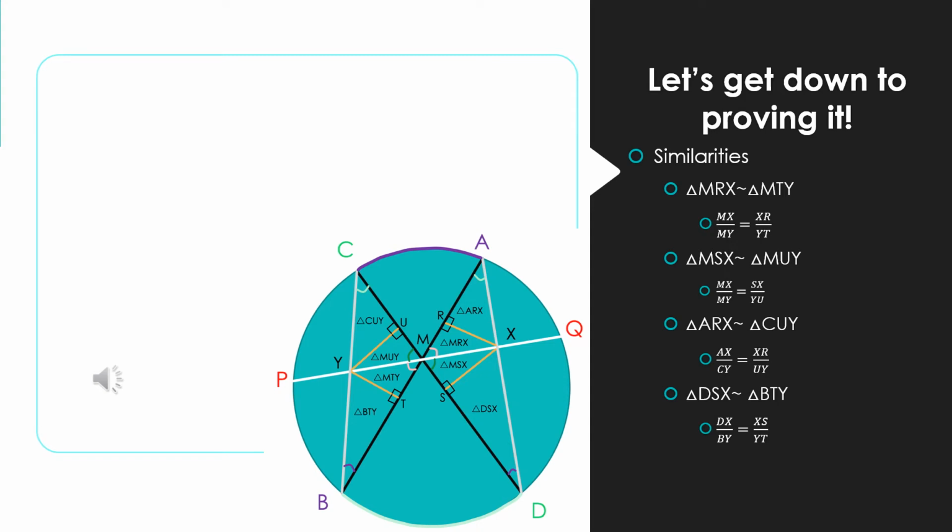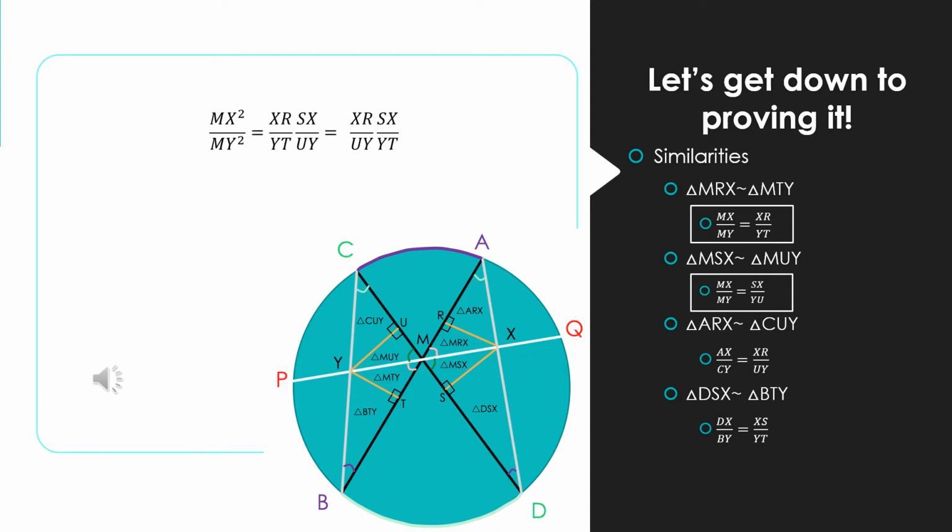We want to show that MX equals MY, or that MX divided by MY equals 1. From our triangle similarities, MX divided by MY equals XR divided by YT, and MX divided by MY equals SX divided by YU. Multiplying these together gives us MX divided by MY squared equals XR times SX divided by YT times UY. Switching the denominators gives us the right side of the ratios we obtained from the other pairs of